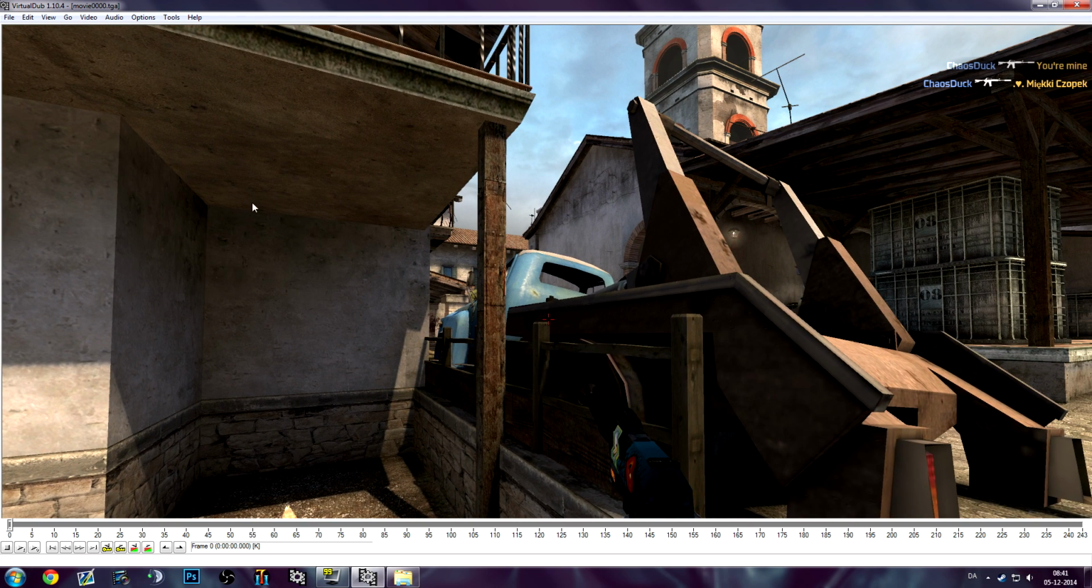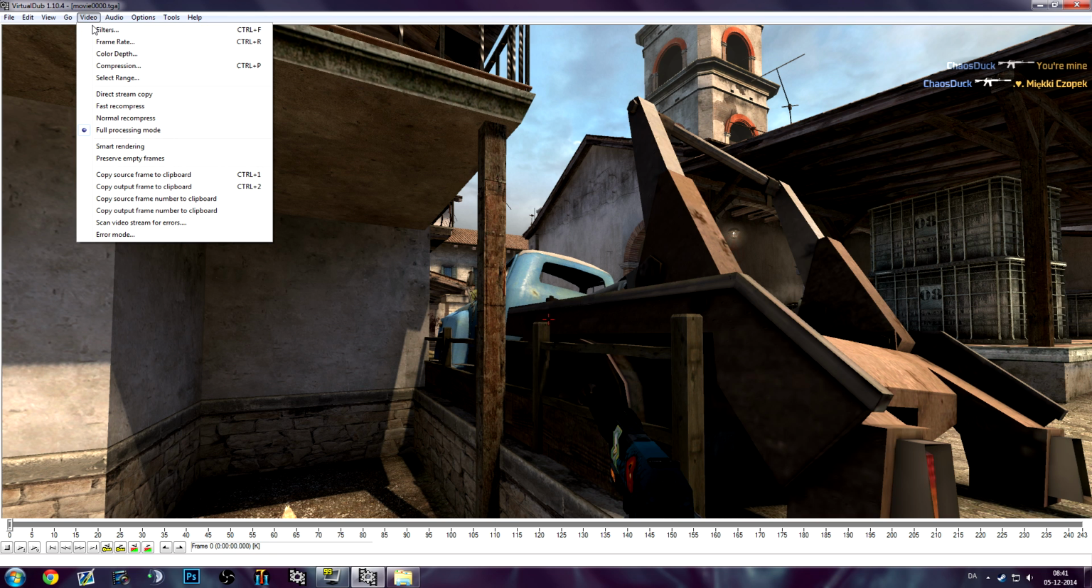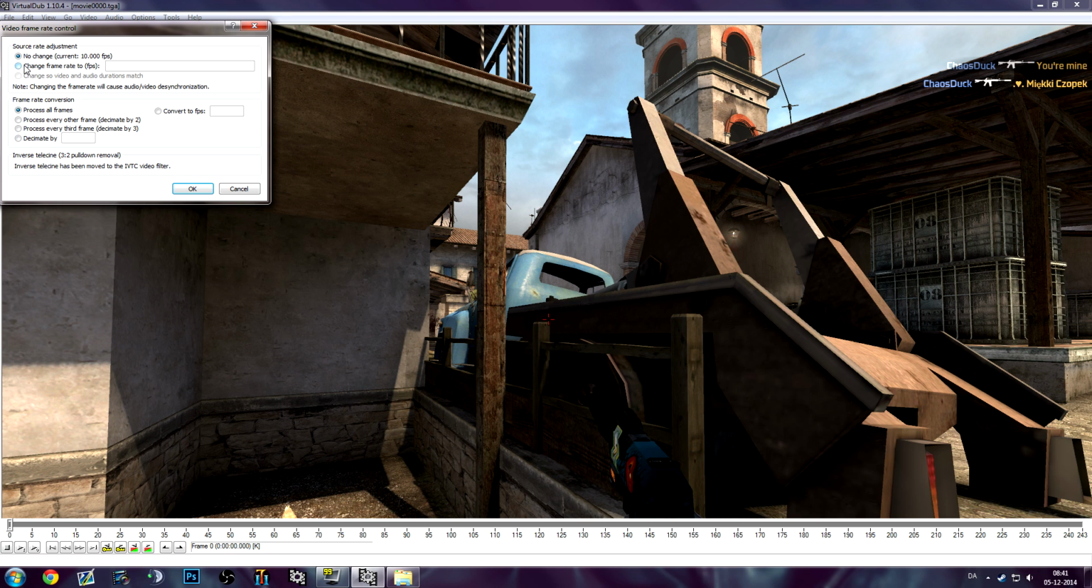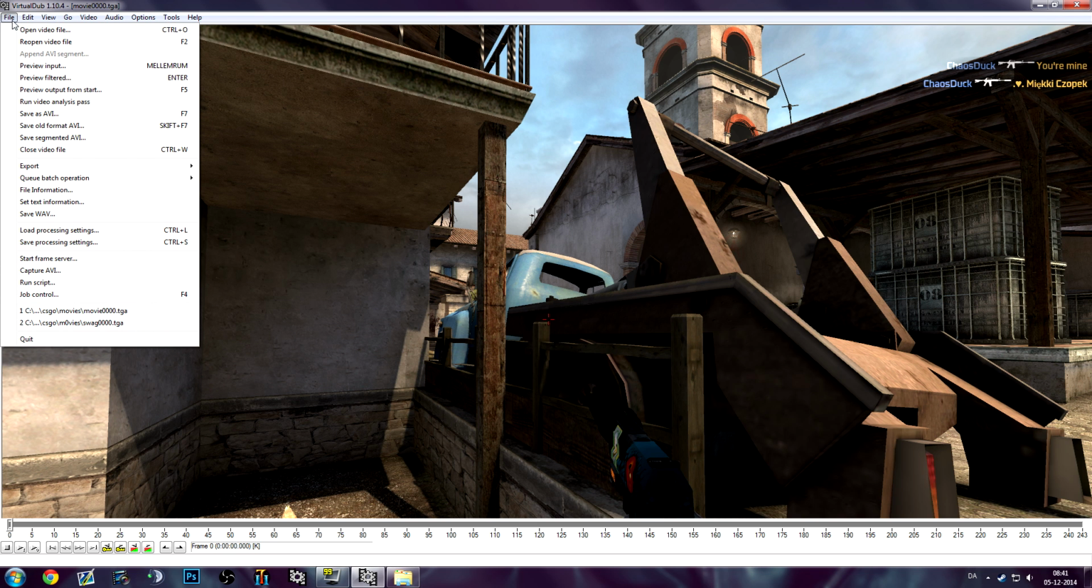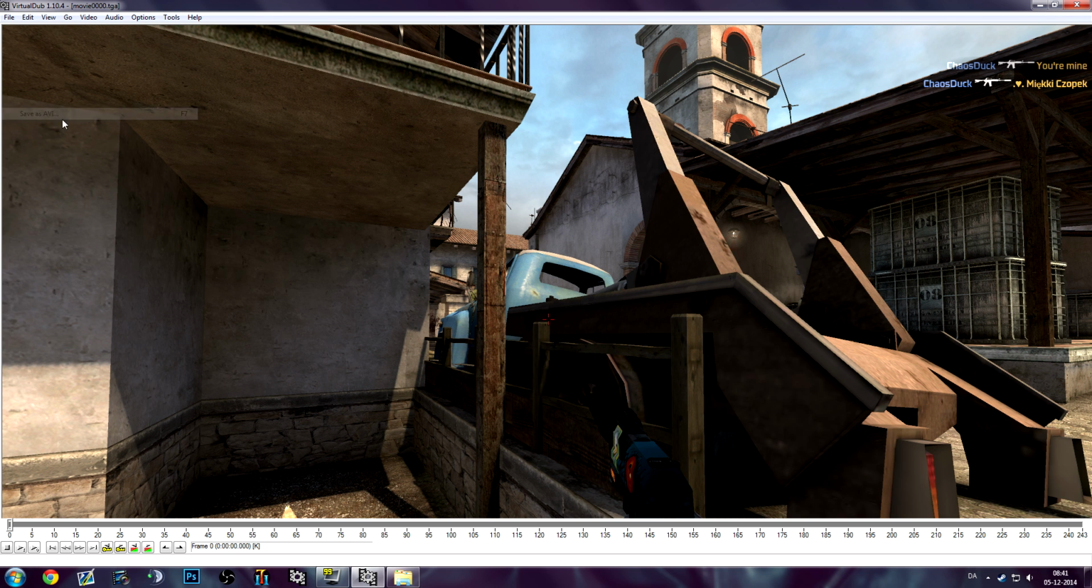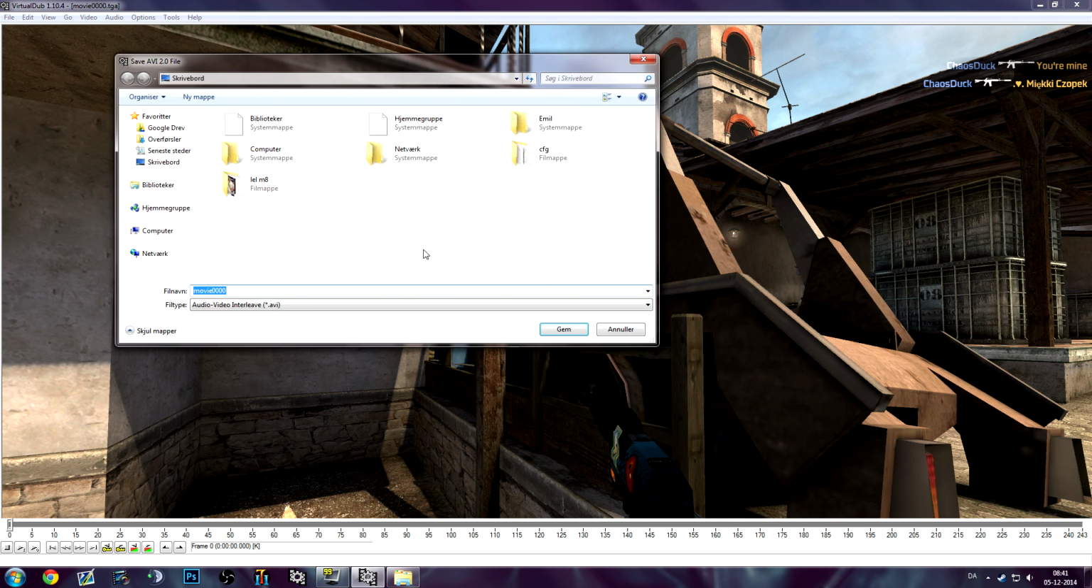Now we recorded at 180 frames per second, but this video is gonna render out at 10 frames per second in slow motion, and we don't want that. So to fix that, we're gonna go to Video, Frame rate, and change frame rate to, and you're just gonna type in the frame rate that you recorded at. And once you've done that, go to File, Save as AVI, select anywhere you want to save it,